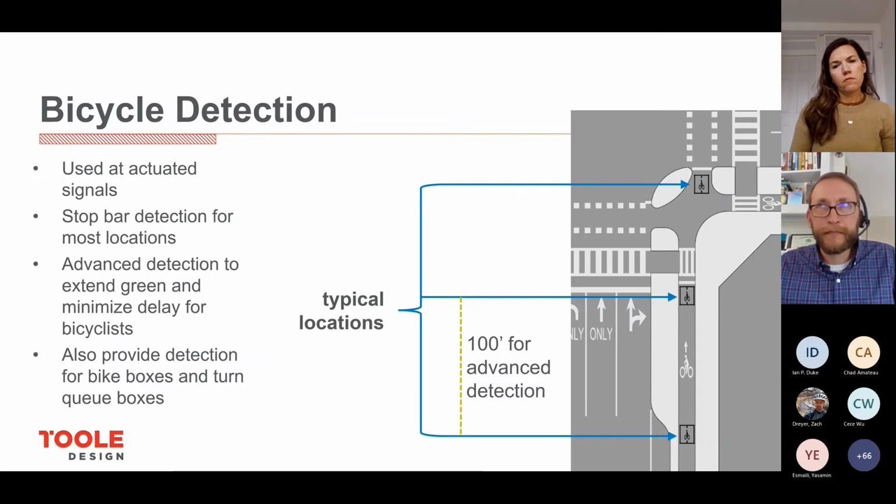But at Bethesda and Woodmont, we have a diagonal crossing for bikes because of the Capitol Crescent Trail. This was designed by Tool Design, I should point out. But because of the diagonal crossing, we run all the pedestrian signals at the same time. So we have not a barn dance, because you're not allowed to cross diagonally because of the skew of the intersection, but all the crosswalks are on at the same time, and then the bikes cross diagonally, which